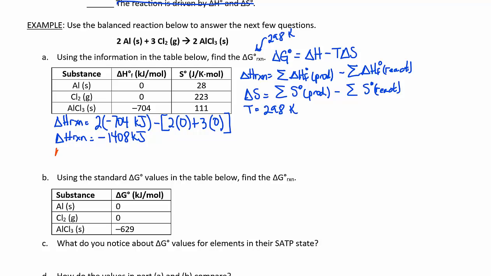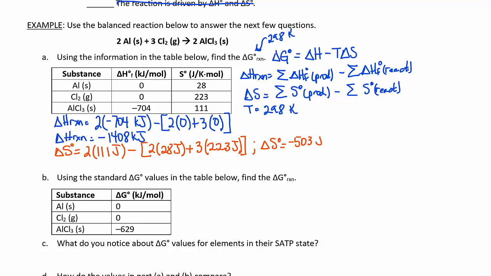Now let's do our delta S. So our delta S will be 2 moles of aluminum chloride. Our entropy value for that is 111, and this is joules. Okay, so I'm going to put joules here, minus, because we're going to have to convert that, minus 2 times the entropy value for aluminum, which is 28 joules, plus 3 times the entropy value for chlorine, which is 223 joules. So the delta S value is negative 503 joules